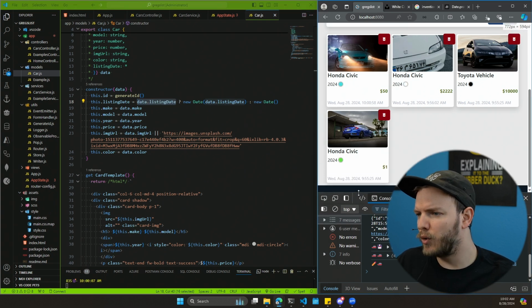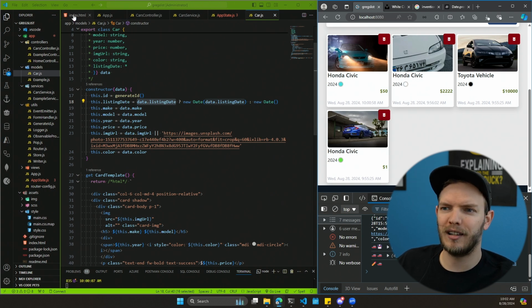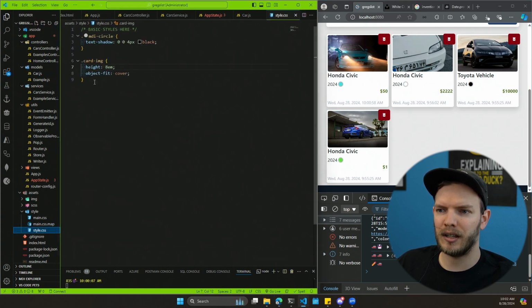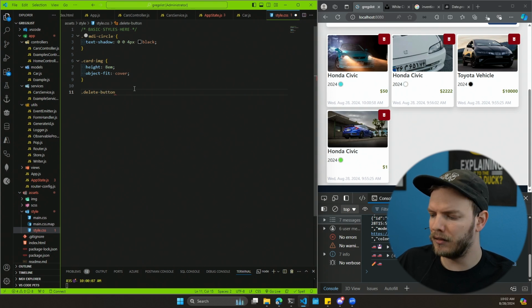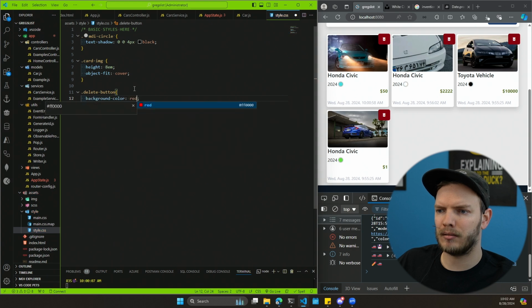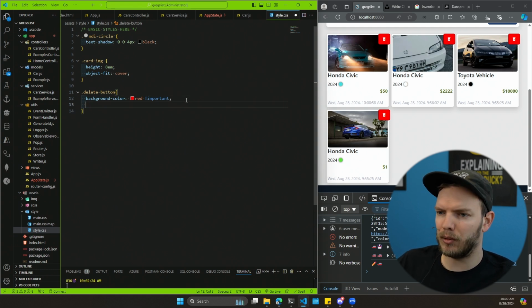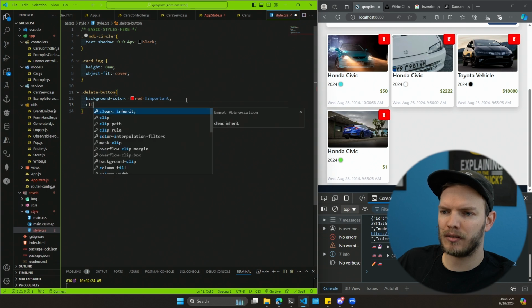Cool. Let's show off one more little cool thing. It's a little bit of custom CSS. I'm going to go ahead and say that I don't like this button here. So what I'm actually going to do is come into my style CSS and go to my delete button, I think is what I called it. Background color red. Important. Yeah, something like that. Okay, so I am targeting the right thing. But what I really want to do is change this to